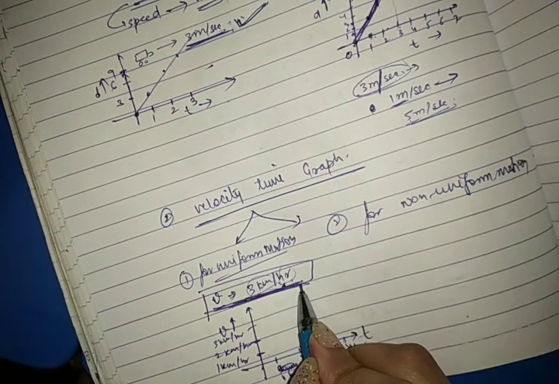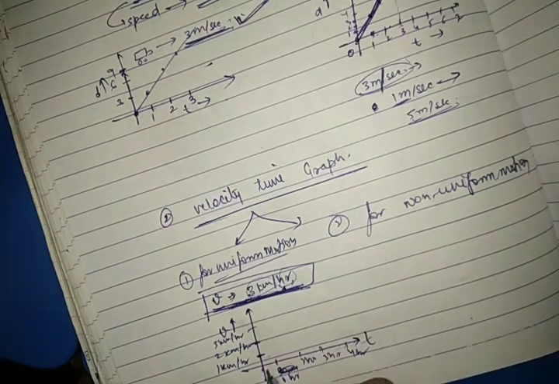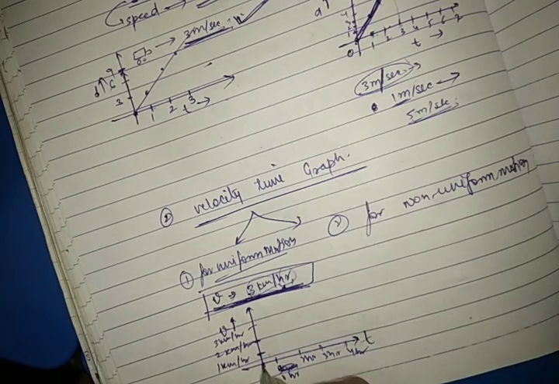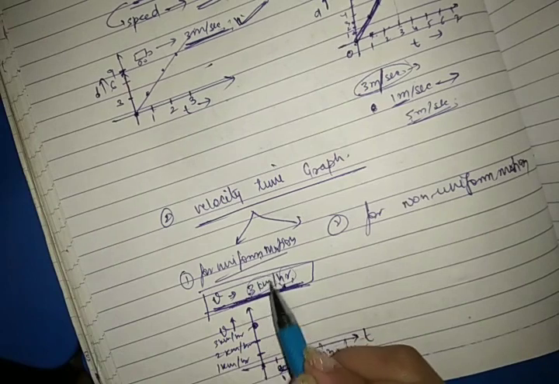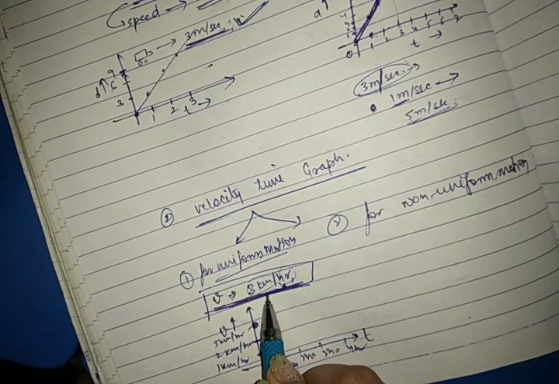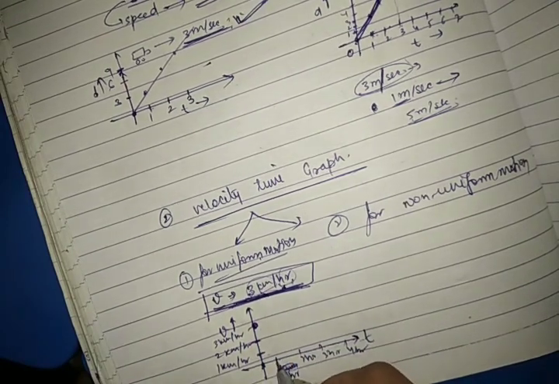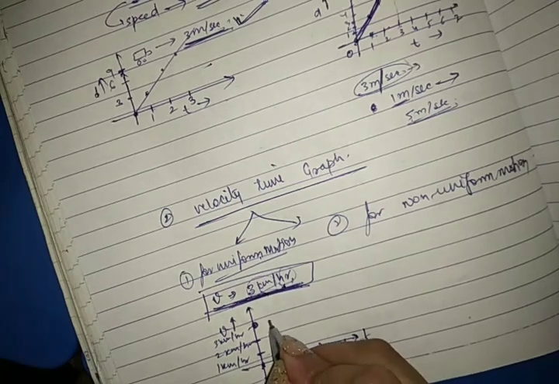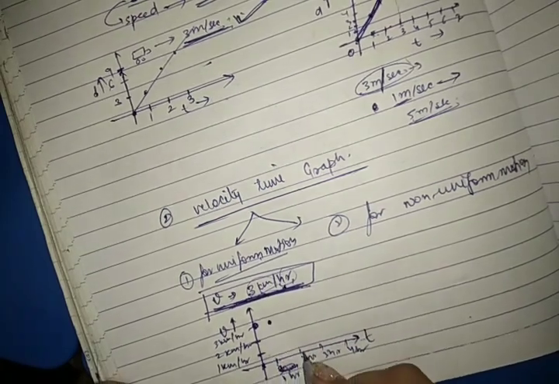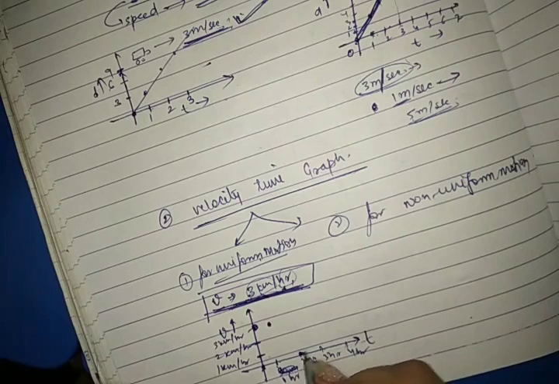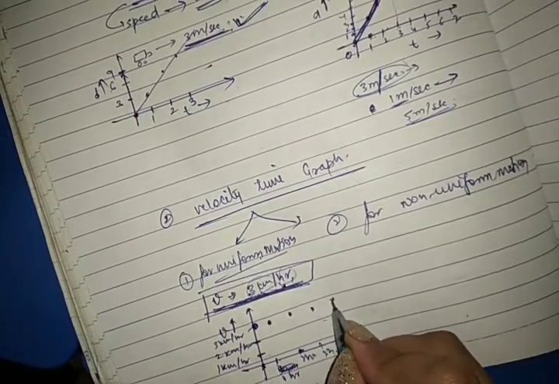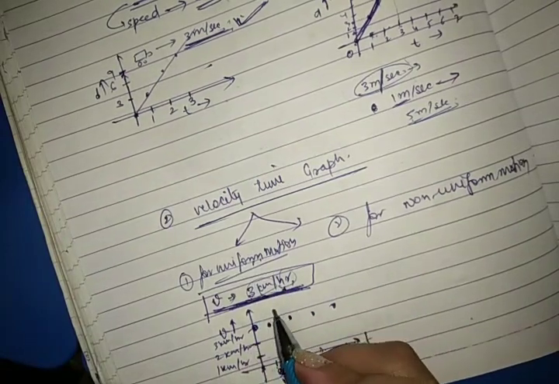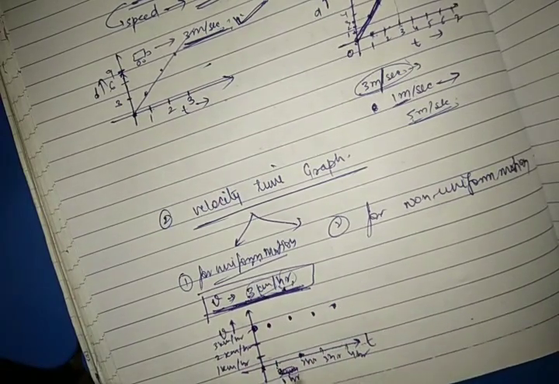Initially, its velocity is 3 km per hour. As it started its journey, its speed is 3 km per hour. So at this point, t equal to 0 second, it starts the journey with this velocity. Now this is uniform motion. That means the velocity will remain constant throughout the journey. So at this point of time, t equals 1 hour, velocity will also be 3 km per hour. At t equal to 2 hour, velocity will also be 3 km per hour. Velocity is not changing because it is uniform motion, and in uniform motion velocity will never change whatever the time is.